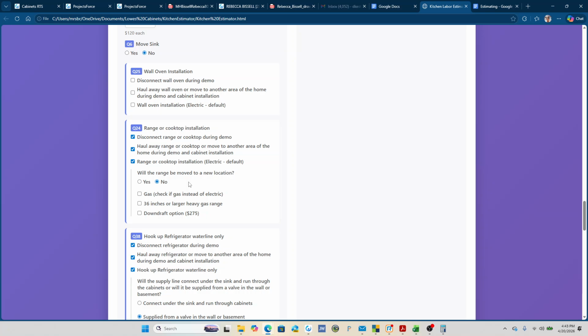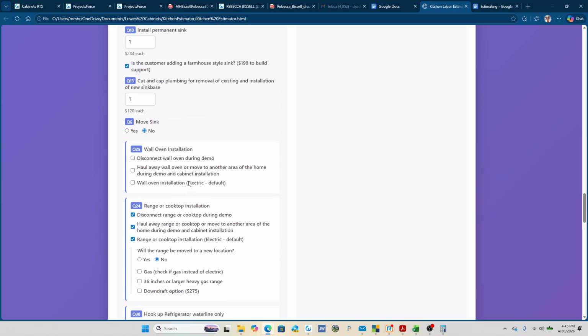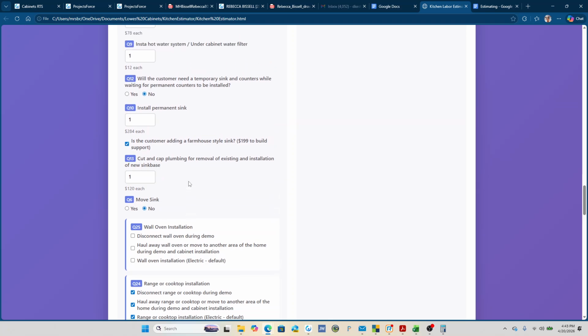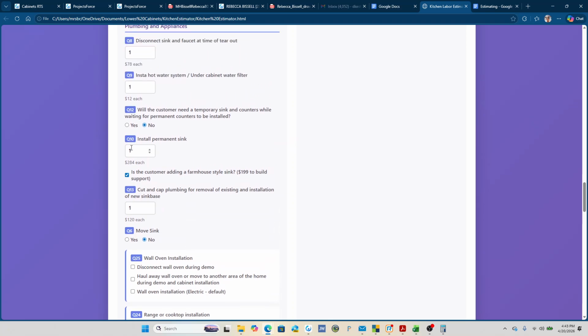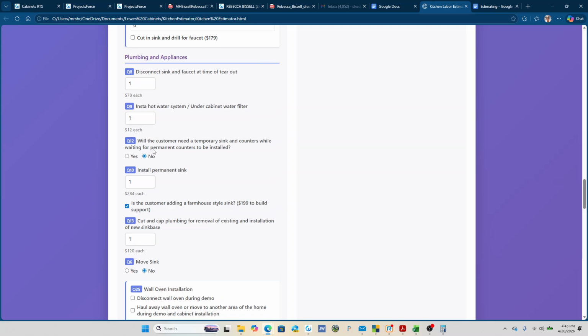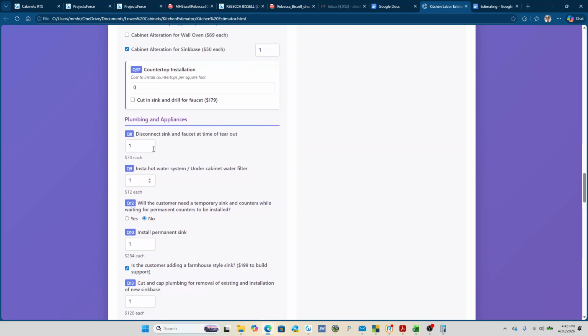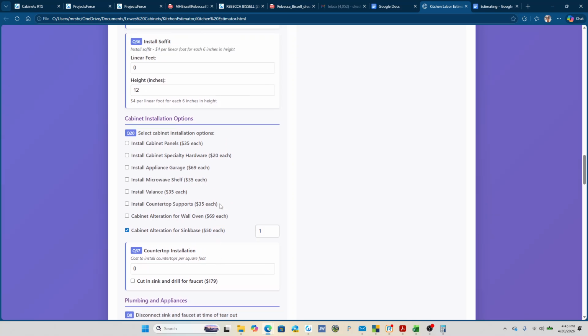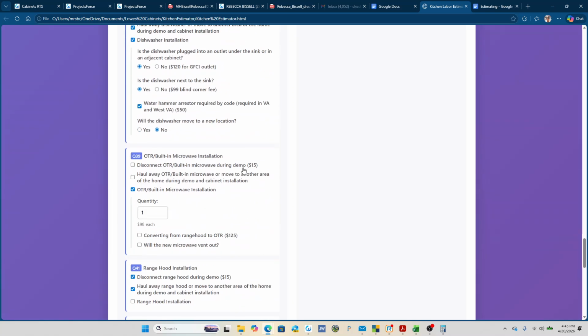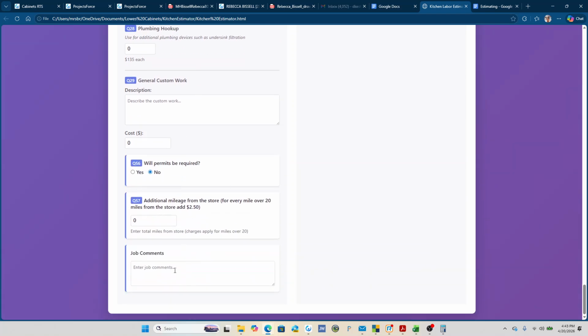That significantly will reduce the price. I don't even know if they even need the sink installation. We're going to leave it in there just to see what happens. So now I think we've got that. We don't have to pull any permits. They'll do that. All right, so in the job comments, I'm going to put